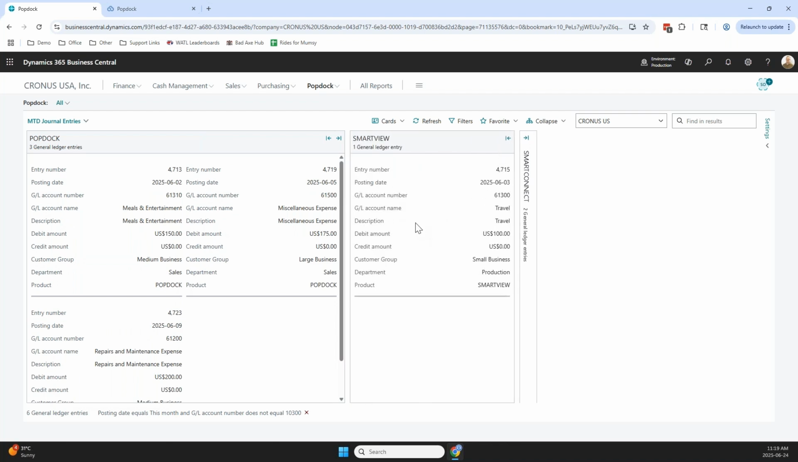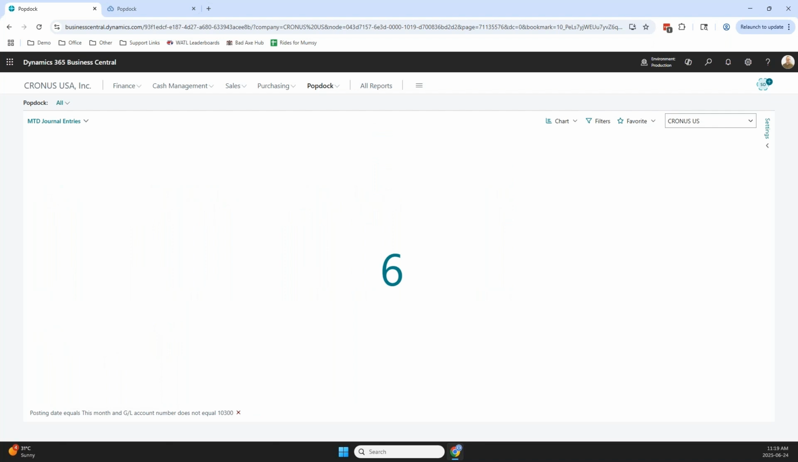So again, this is just a way for me to view my data that's a little bit different from what I've seen in the past. Again, that can be multi-company. I can be adding columns, all the stuff. Okay, the last thing I wanted to show you